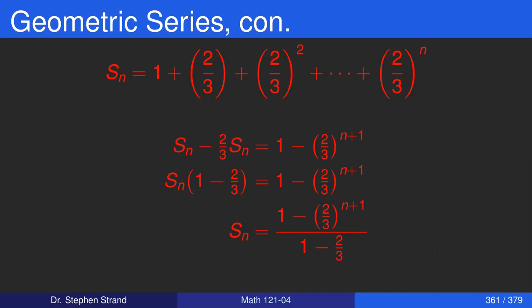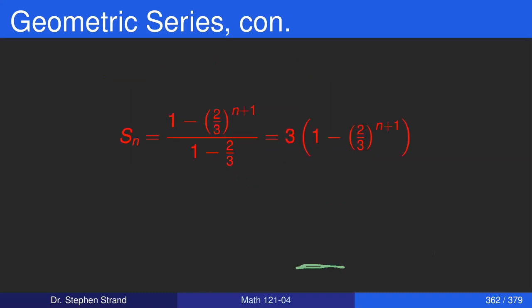So once again, what that means is I can plug in any value for n, and that will tell me what adding up those first terms will be. Okay. Now I can simplify this a little bit more because 1 minus 2/3 is 1/3, and so dividing by 1/3 is the same as multiplying by 3. Now the question is,